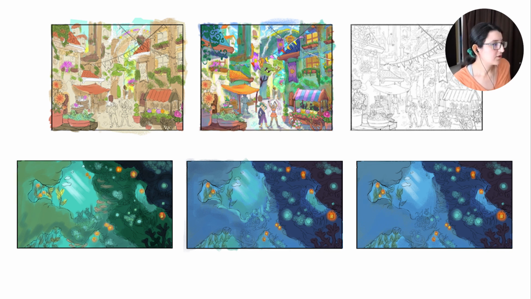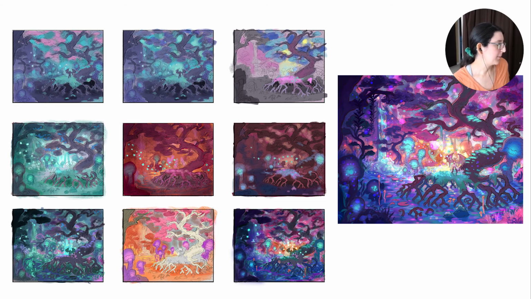Here's another illustration I did. I really only did 2 color comps for this one. Sometimes I get one that I like right away. For that mermaid one that I did, I only did 3 color comps. I had a pretty good idea that I was going to use blues and greens, but I didn't know what combination of those I wanted to use. So this was a way to experiment. And then there was this fade-in illustration where I had no idea what colors I wanted to use. And I tried many strongly different colors.